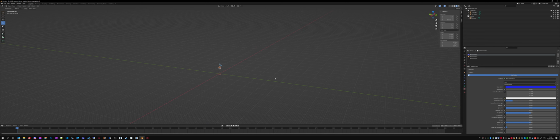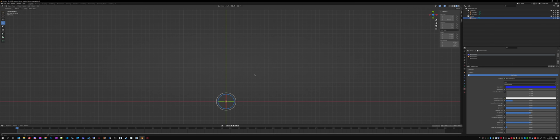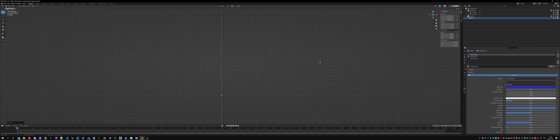But when you have a big scene and your object is, for example, somewhere, let's just select the head. Okay, it's somewhere here, and if you mess up the rotation, it will rotate maybe like this.